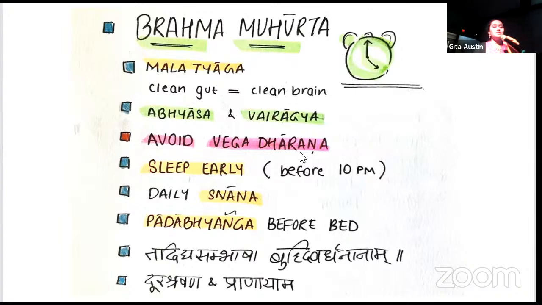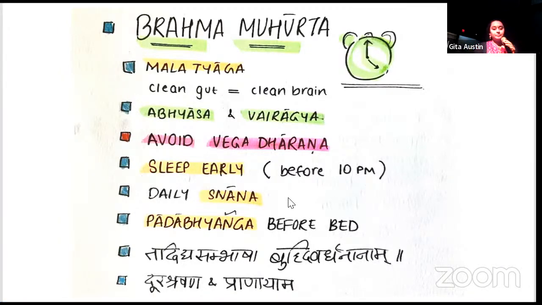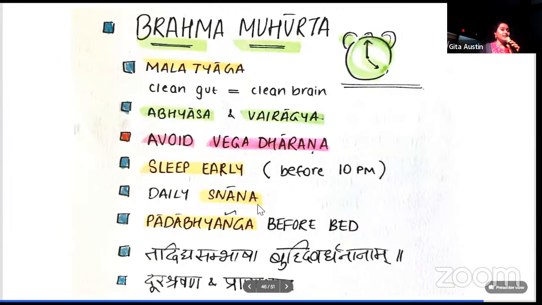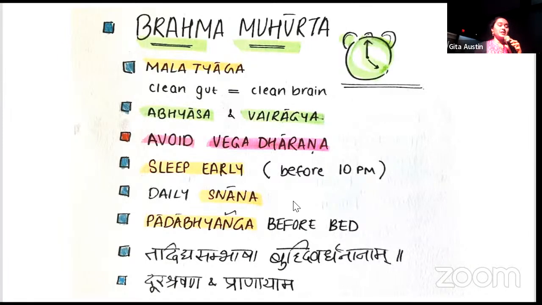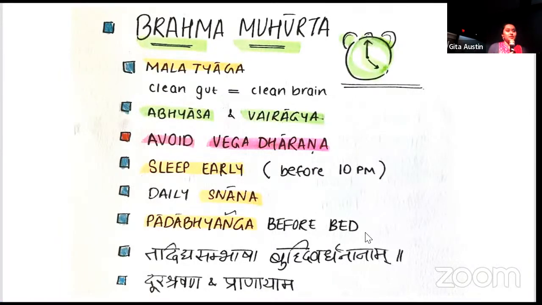All of these, there are 13 Vegas. And you should never control these urges, which are physical and natural. And sleep early, before 10, because that is the time period of kapha. Kapha is responsible for good sleep. And take a bath every day. It's a basic thing, some people don't, but it really helps you keep your brain fresh. And padabhyanga: if you don't get sleep, try to massage the soles of your feet with good sesame oil